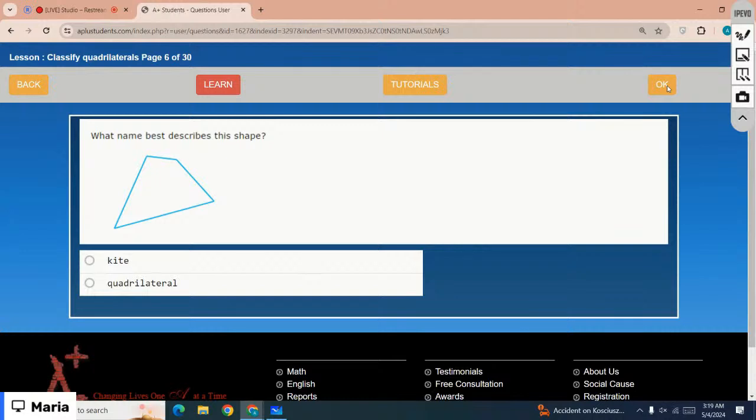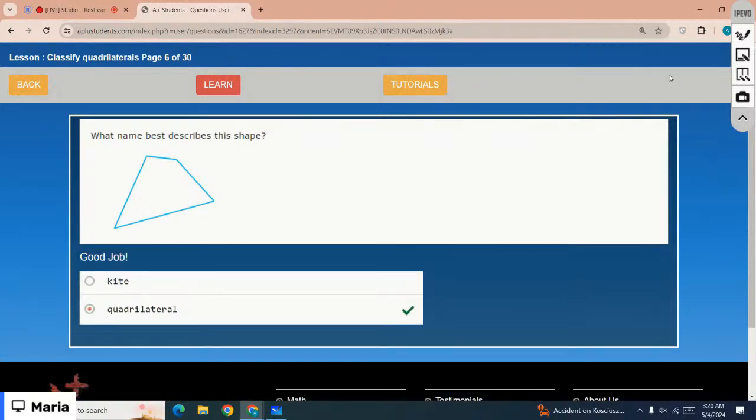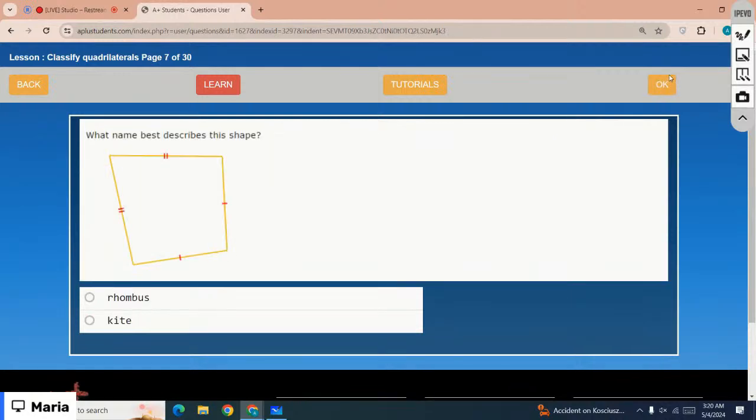What name best describes the shape? Is it kite or quadrilateral, which is the correct option? This isn't a kite, that is a quadrilateral, right? Okay, you can complete the lesson by yourself later today. Let me just move on to the next lesson, and the next lesson is